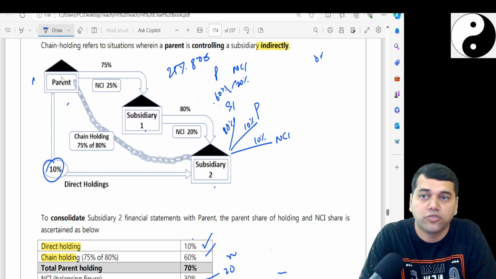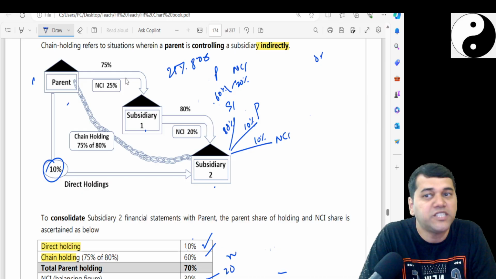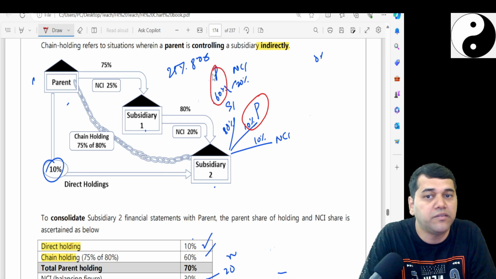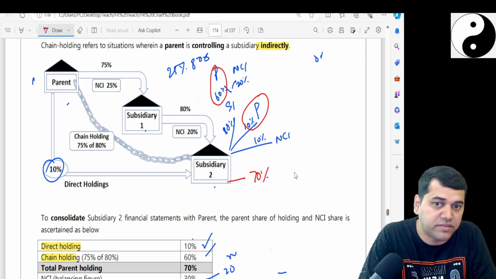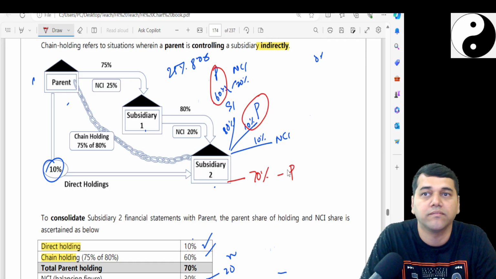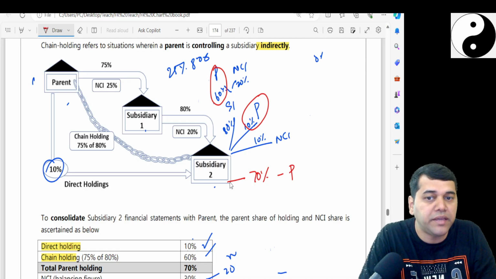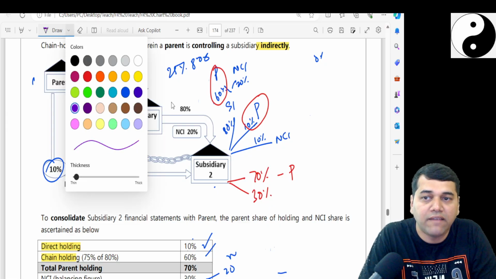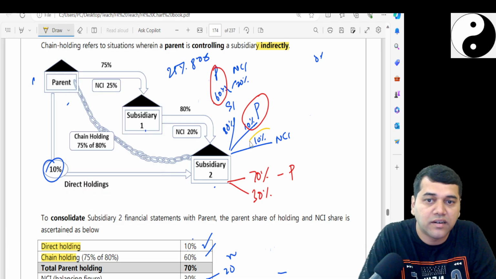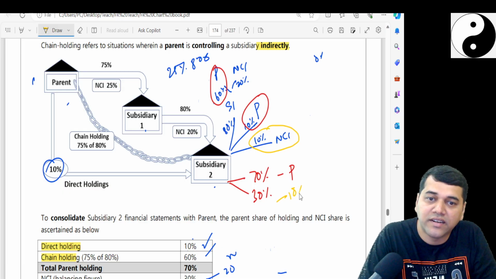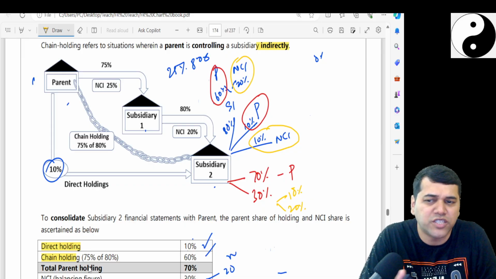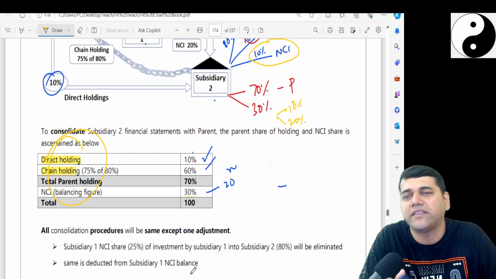Agreed? So now, if I have to give the breakup, see where all P is going to come. P will come here with 10%, P will come here with 60%. So in this, 70% is directly or indirectly held by P. So if 70% is held by P, 30% should be NCI. Now where all will we have NCI? I will have NCI here. This is called a direct NCI, 10%, and NCI here, 20%. Perfect. Got the full breakup of it. You need not do more, you have to just do one working note. This working note you have to prepare, and NCI is the balancing figure.